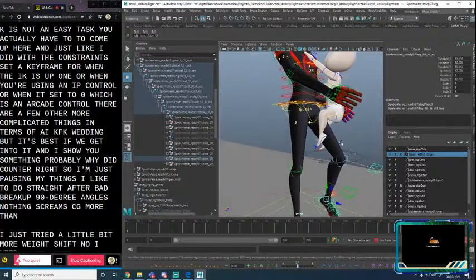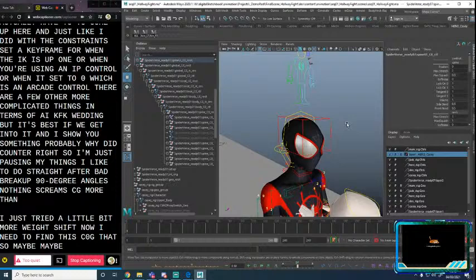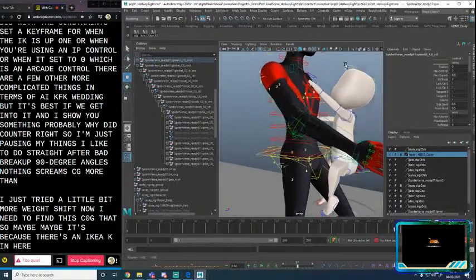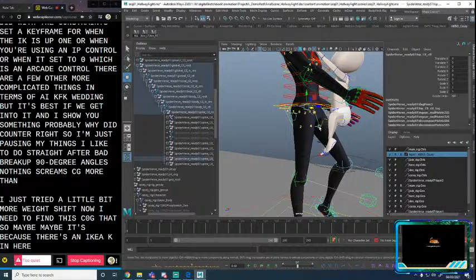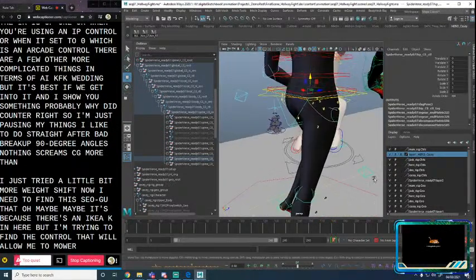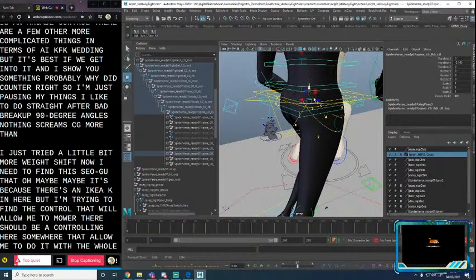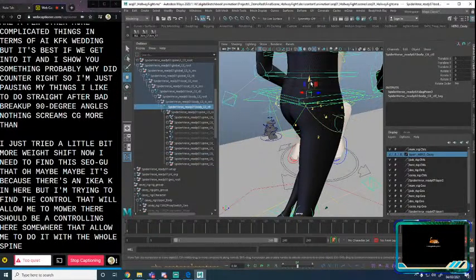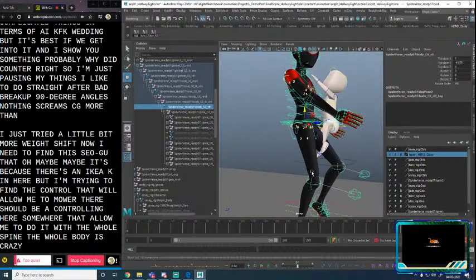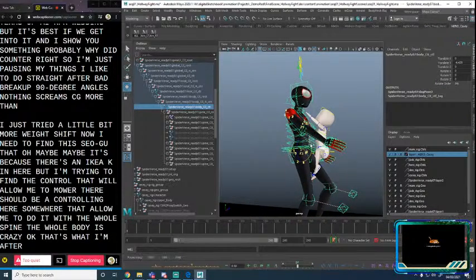Now I need to find the COG. Maybe it's because there's an IK-FK blending in here. Not sure. But I'm trying to find the control that will allow me to lower. There should be a control in here somewhere that allows me to do it with the whole spine, the whole body. There it is. Crazy. Okay. That's what I'm after. And then now I can put a little bit of a